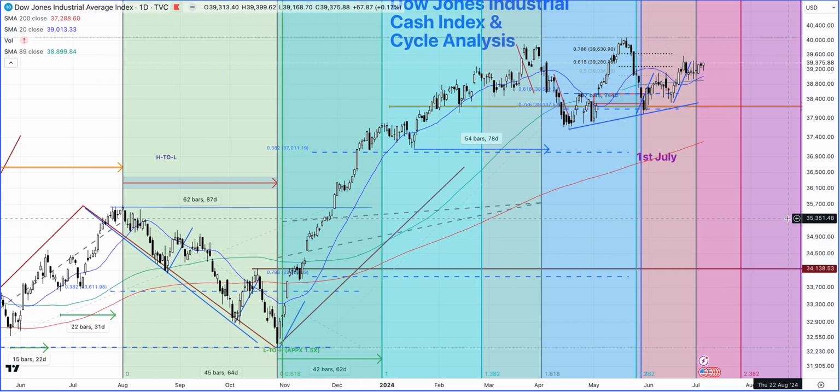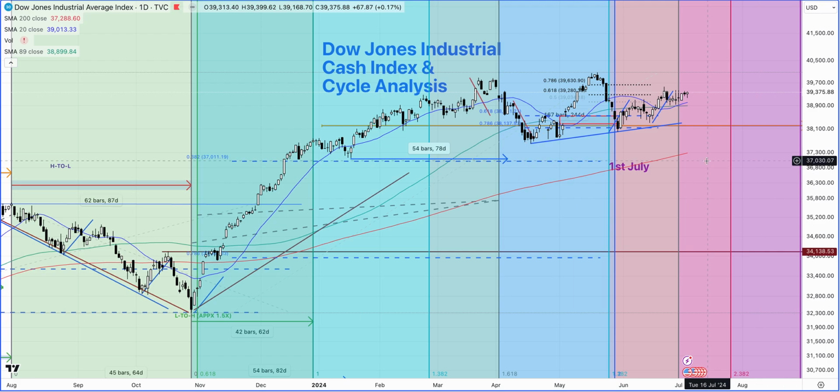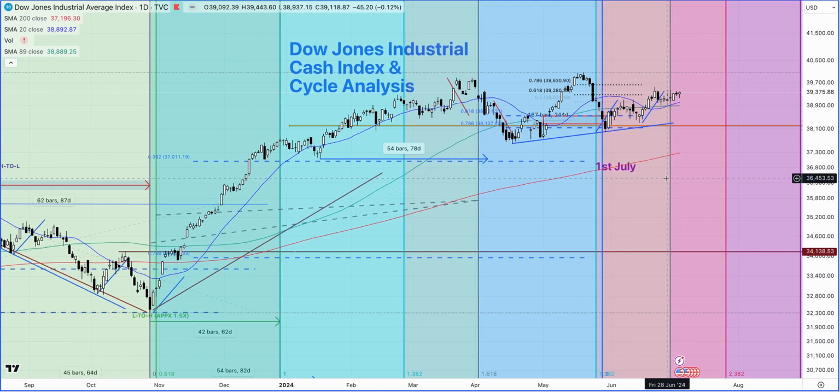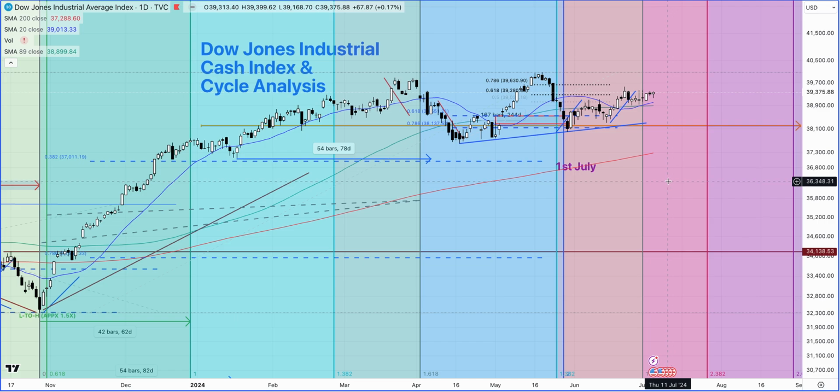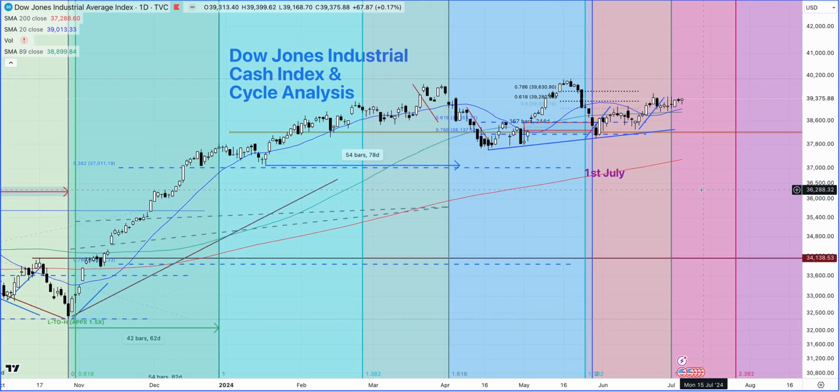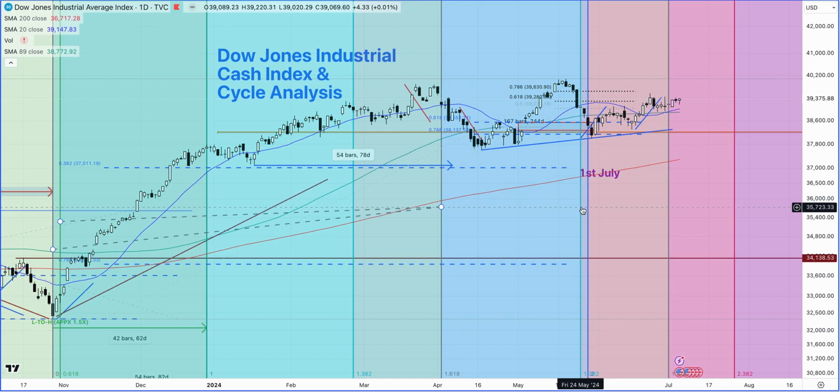Okay, now moving on to our timing model. This is the Dow Jones Industrial Cash daily chart, and the lines that you see are our timing model that we have been following. Longer term subscribers will know that this model has a pretty good record of picking key turning points. In fact, it has an uncanny capability if you do the back test by yourself by looking at some of these lines here. I'm not going to go into the details of how it is constructed because I've done a full video about this when we first started using this model a few months ago. You can find that in the archives on the YouTube channel.